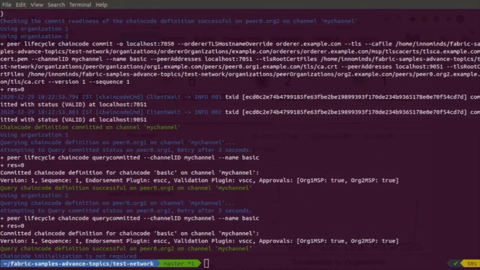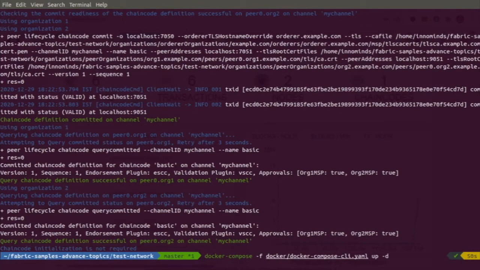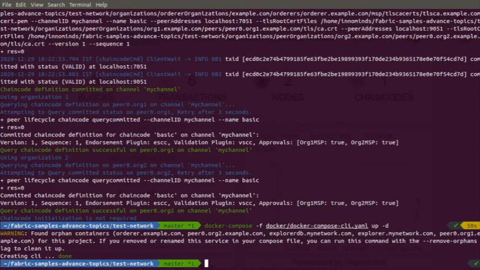Here it is. So now let's do one thing. Let's spin up the CLI container. So docker compose, and we have to define the file that is inside, docker compose CLI up -d. Now our CLI container is being created, and now we can get inside the CLI container,